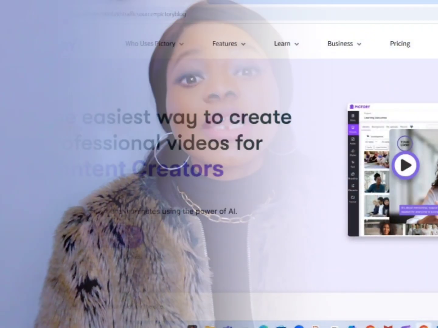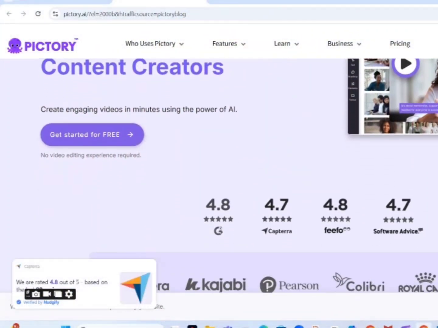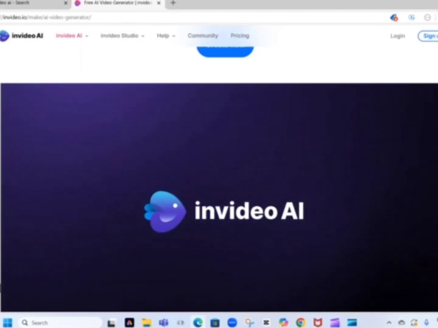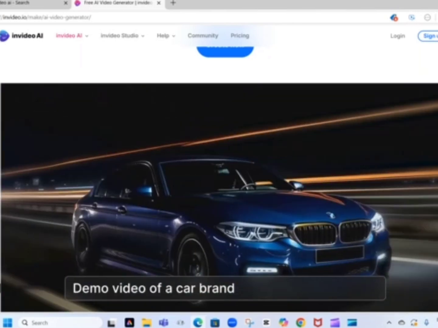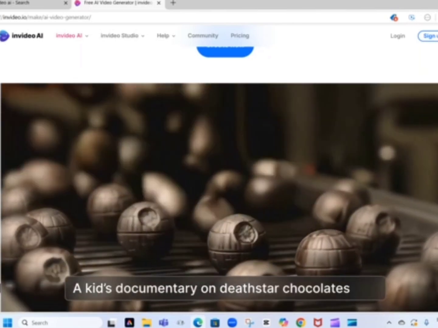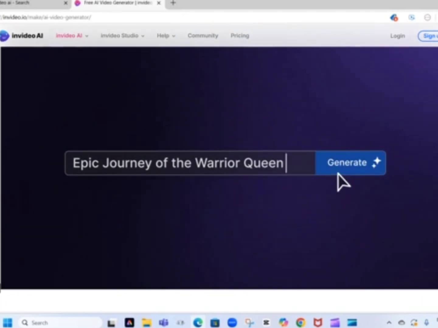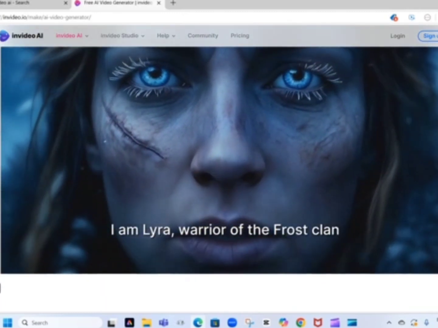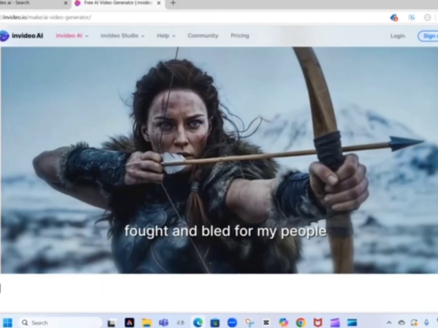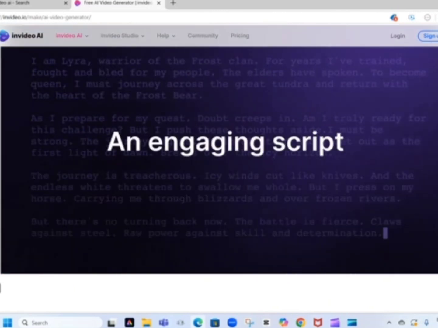Next, let's look at AI video tools like InVideo and Pictory. These tools can help you create engaging videos with minimal effort. To sign up, go to the Pictory or InVideo website to sign up for an account. It's quick and straightforward. Then, to create a video, choose a template, add your text, and use an AI-generated voiceover if